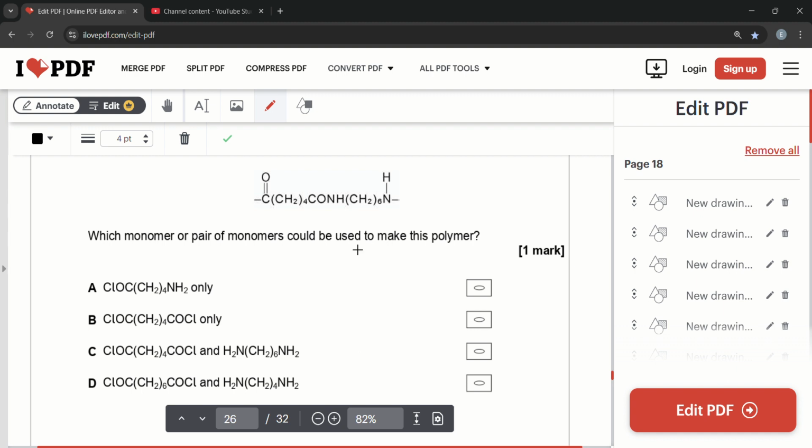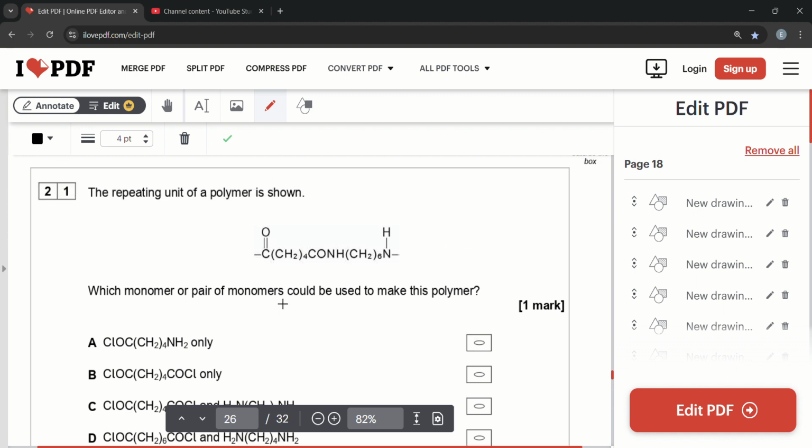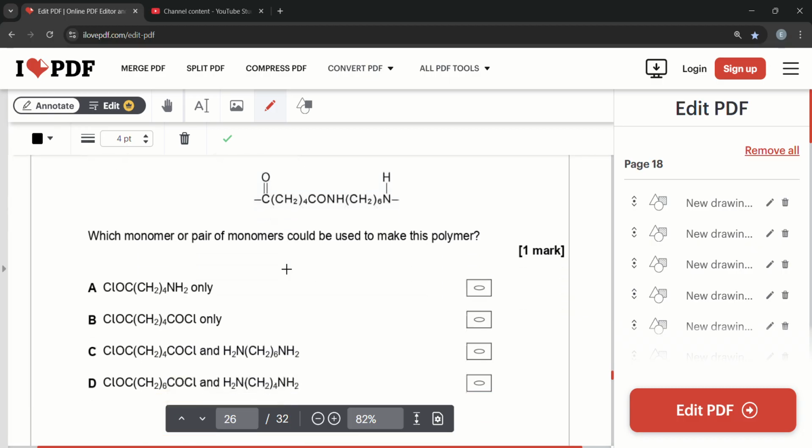Which monomer or pair of monomers could be used to make this polymer? Well, it's got to be a diamine and a dicarboxylic acid, but in this case a diacyl chloride. So it can't be A and B because that's only one thing. We need 2, a diamine and a diacyl chloride. And now we can just count the carbons, because this has got 4, 5, 6. This has got a total of 12 carbons, and this has got a total of